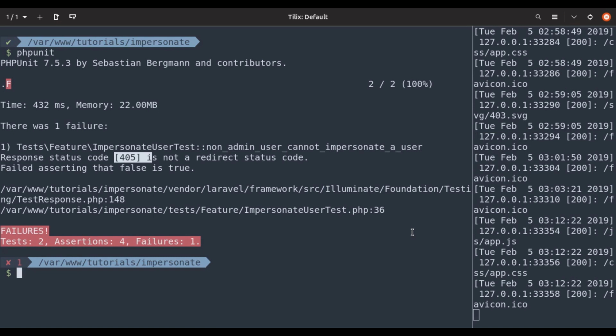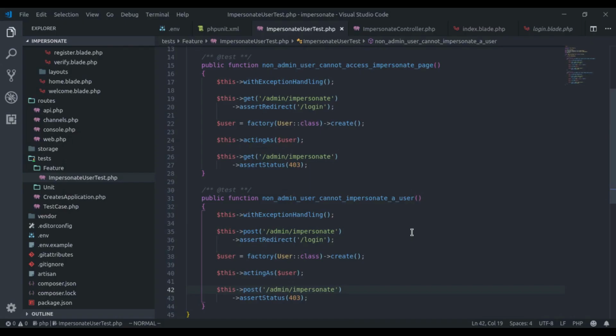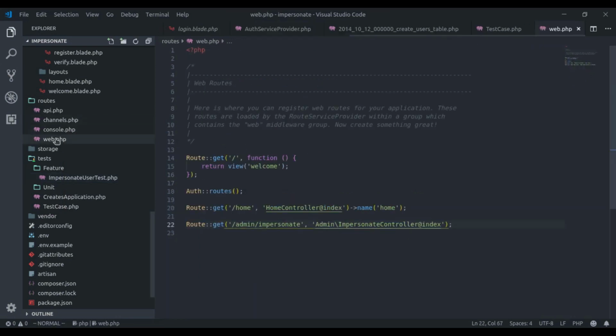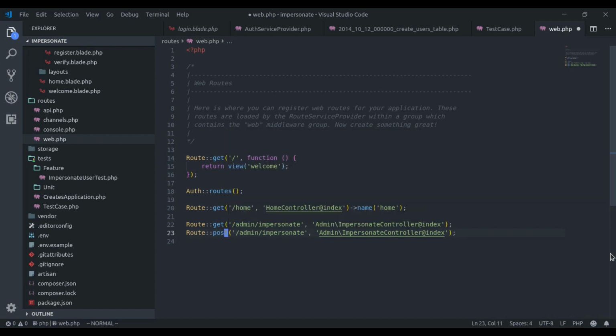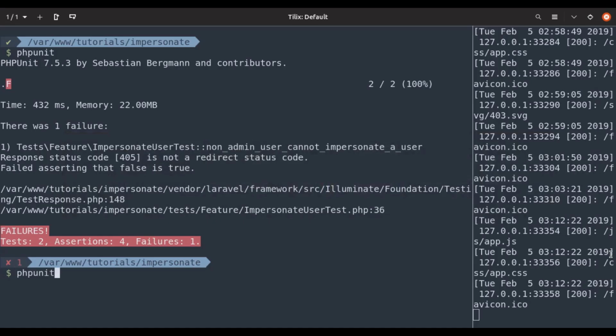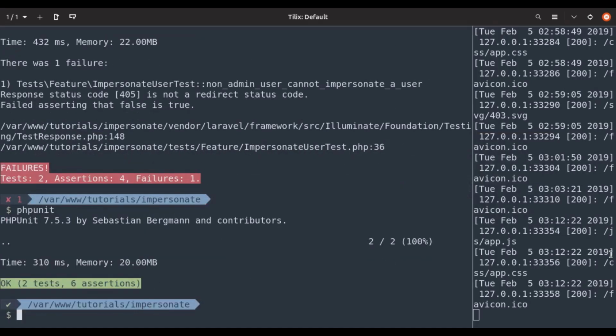This is because we have not created the post route yet. So let's create this post route in routes/web.php, duplicate this. This is a post route and the action is impersonate. Now let's run PHPUnit again and here we get green.